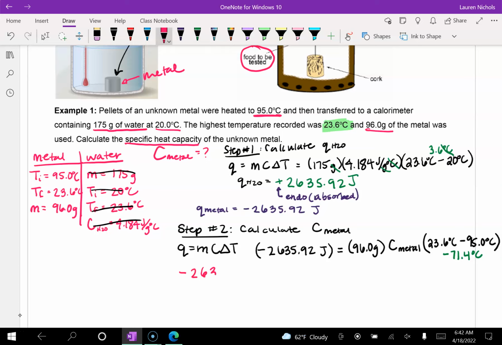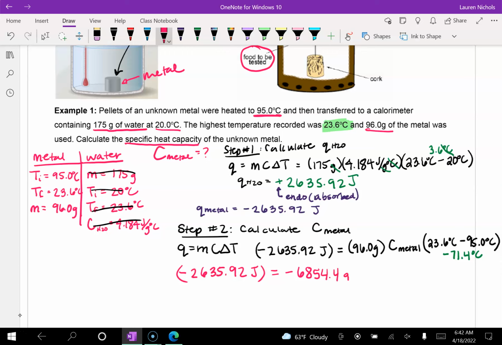So if we keep the left side the way it is, then we can multiply 96 times the negative 71.4, and when we do that, we get negative 6,854.4,